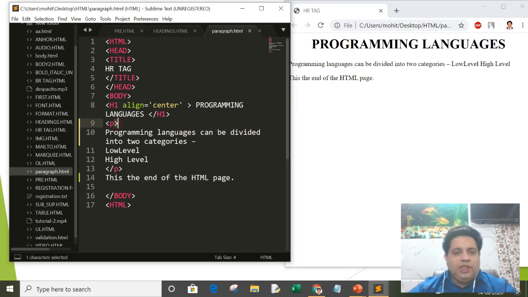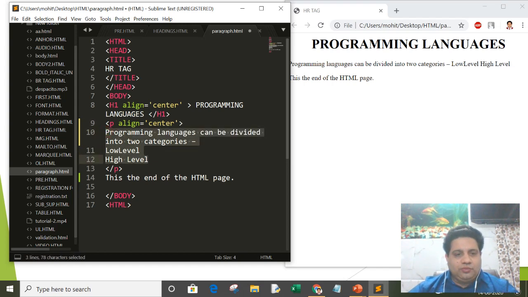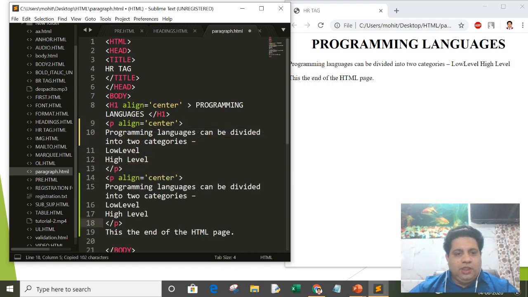Again, you can use the align attribute within the paragraph tag, align equal to center. Now see, I am writing two tags, in which I have written align equal to center and then I have written align equal to right.